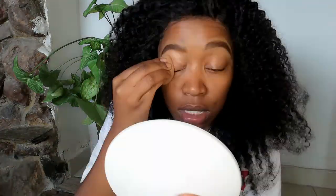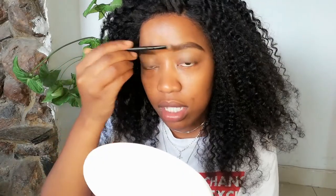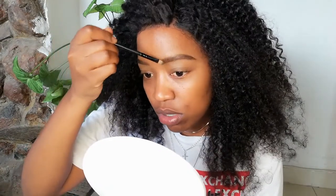And to make sure that I'm blended, I'm still gonna go in with my sponge and just blend out the concealer and whatnot, and the foundation at the top. Okay, so to make it look more natural, especially here in these parts, I'm gonna come in with my brush and just do light strokes. I didn't add any more product on the brush, I'm just using the leftover concealer or foundation. So just,